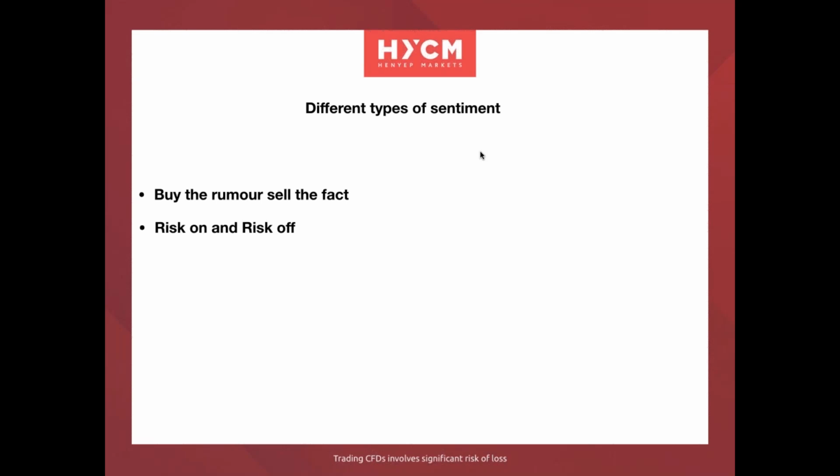And yesterday, the biggest currency pair that reacted was the Australian dollar Japanese yen pair. And the reason that was so affected is because the Japanese yen was bought up, as you would expect. And so the Australian dollar Japanese yen pair fell, but it fell even harder because the Australian dollar is so closely linked to the Chinese economy. So there was a kind of a double whammy there. So the Aussie yen pair was affected particularly badly. And that's a good example of sentiment.